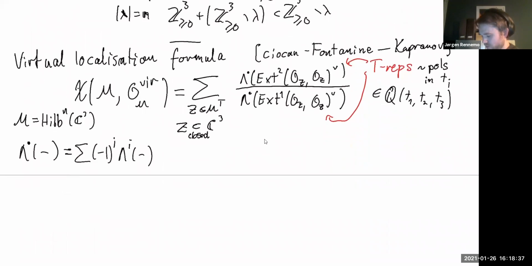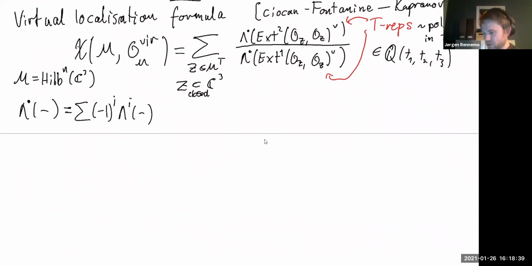There's another more global, more geometric way of looking at this thing. When I introduced this virtual structure sheaf to you, I just said there's a perfect obstruction theory. From that, there's a general recipe: a space with a perfect obstruction theory produces a virtual structure sheaf. In this specific situation,